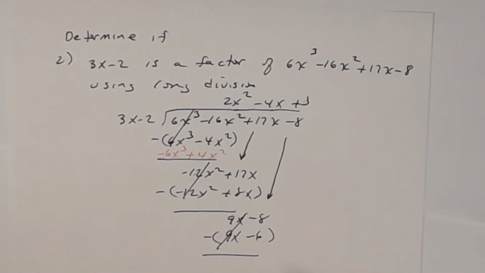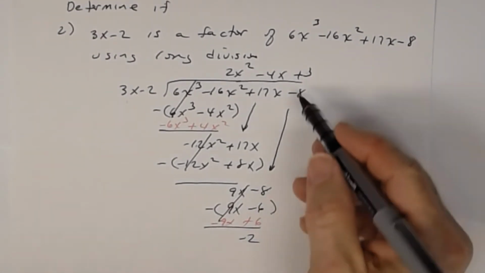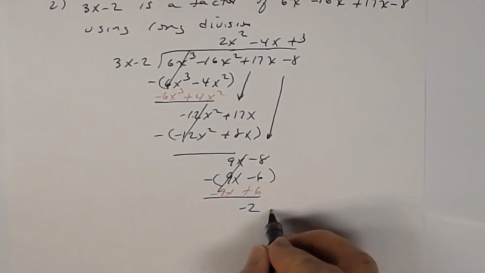9x minus 9x is 0, so you see all these cancel out, the first ones of each pair. Now be careful here. If you have a little trouble with this, then write out in red the equivalent expression. The opposite of 9x is negative 9x. The opposite of a negative 6 is a positive 6. And then when you either subtract or combine like terms, a negative 8 subtract negative 6 means the same thing as negative 8 plus positive 6, which is a negative 2. And notice there's nothing else to bring down,